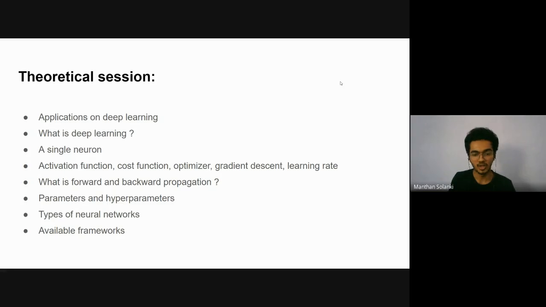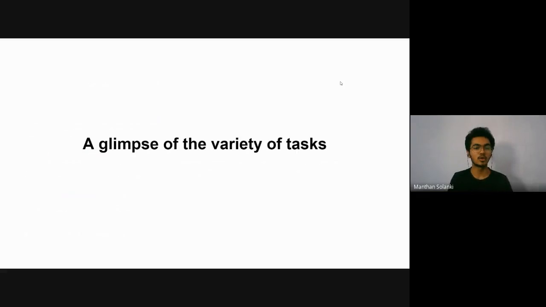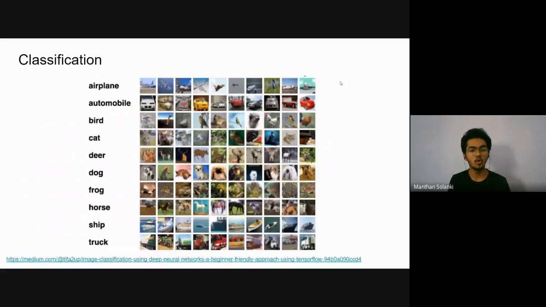So let's start. And also, those who just joined us, welcome, right? So let's take a look at the glimpse of the variety of tasks which we can do with the help of deep learning. So first of all, the classification problem. Now, what is the classification problem? The classification involves predicting which class an item belongs to. So here there are some labels, which we can also say are classes, let's say the aeroplane, the automobile, the birds, cats, etc. So these are the individual classes.